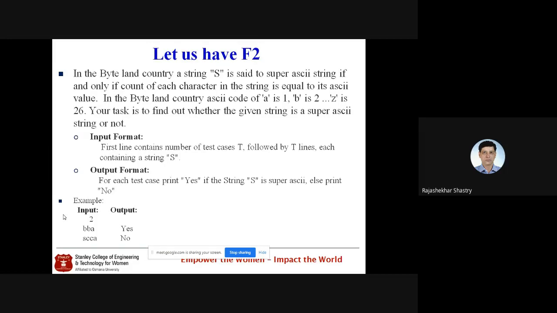C should be repeated 3 times, but in the given string it is repeated only twice. The only character that matches is A, which occurs once in the actual string, and the ASCII code for A is also 1. Therefore, SCCA is not a Super ASCII string.